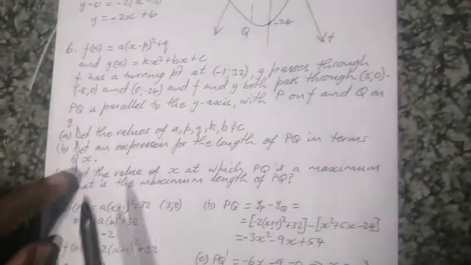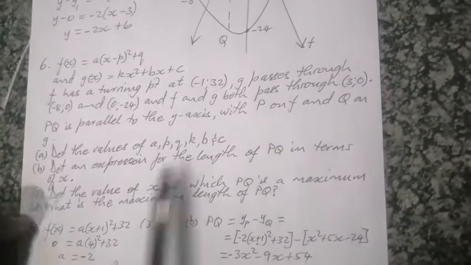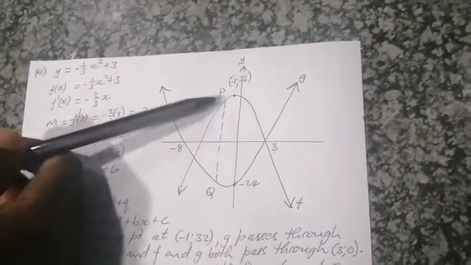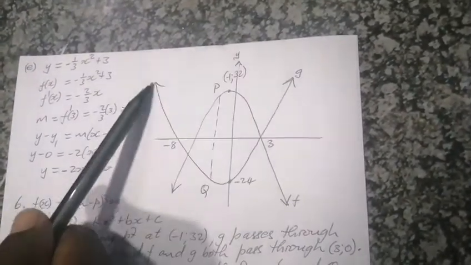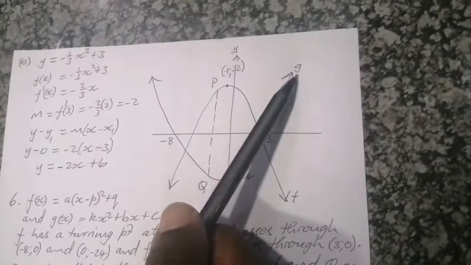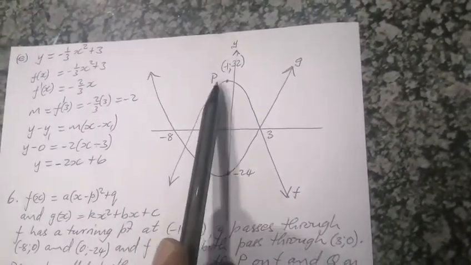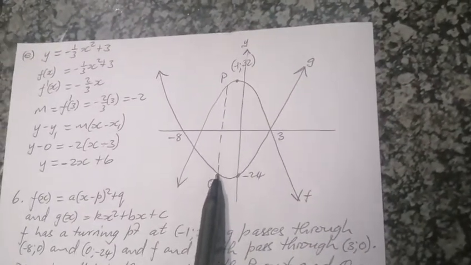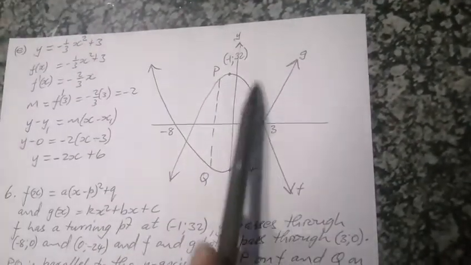Then we are doing part B. Determine an expression for the length of PQ in terms of x. Now we are talking about this length here. So what do we do? We go to this equation, the equation of f minus the equation of g will give us, in actual fact, we are talking of the y-coordinate at P and y-coordinate at Q. At P, the y-coordinate will be by simply substituting